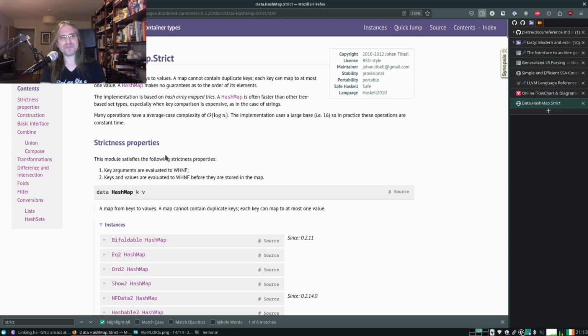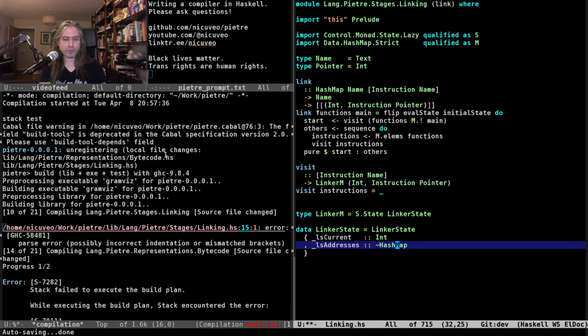Yep, thank you. I was not on the up-to-date version of the documentation. Okay, that means I think it's fine if the map is strict, because the values in it are going to be known at time of insertion. What I think matters is for the lookup expressions to be lazy, because they need to be done at a later stage when the map has been built. So I think it's fine for the map to be strict as long as the lookups themselves are lazy.